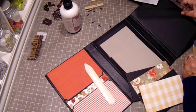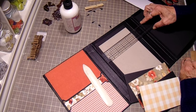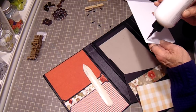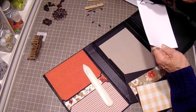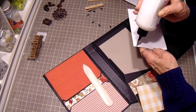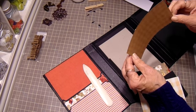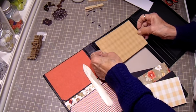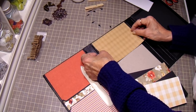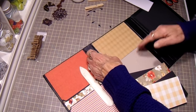how wide is it? Let me make sure. I won't tell you wrong. Just inside, 5 3/4, just inside both of these fold lines, or the hinge folds. I'm just going to go right up here, kind of centered between your two folds, straight as you can get it. And